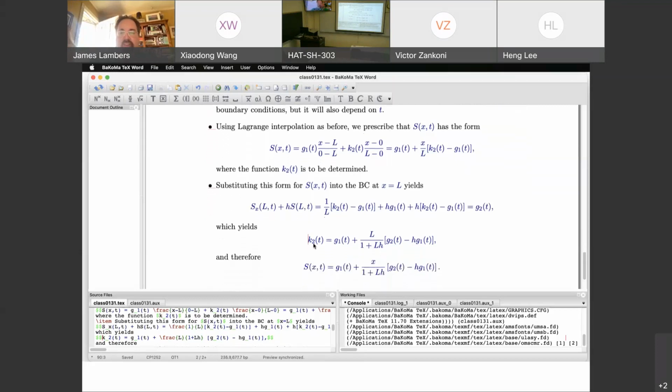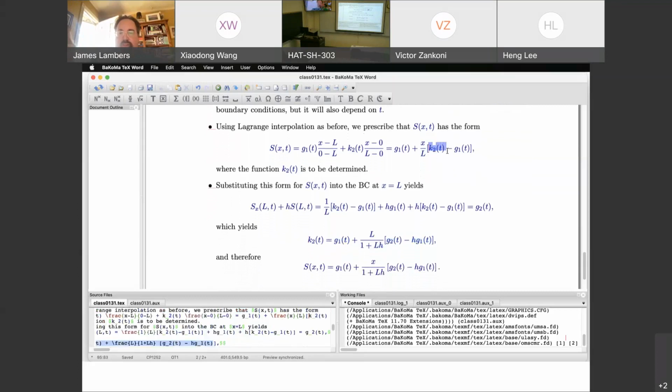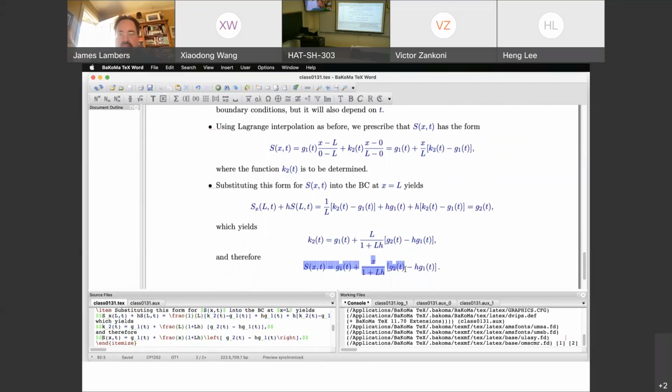So now I can take this K2, this whole expression, and substitute it for K2 in here. And there's some simplifying that can be done. And this is what I get for capital S of x,t. So this is a function that is linear in x. Notice this is the only dependence on x